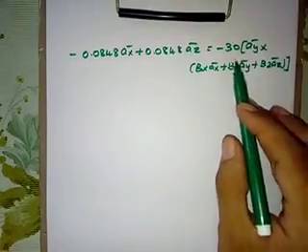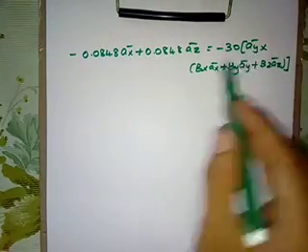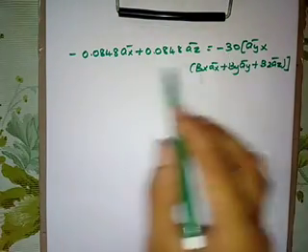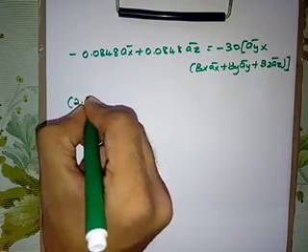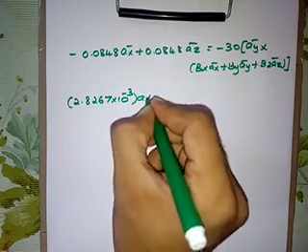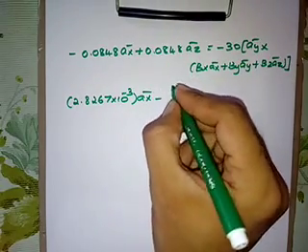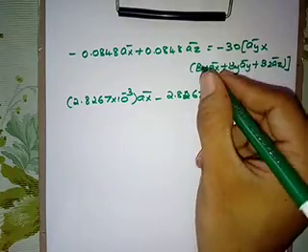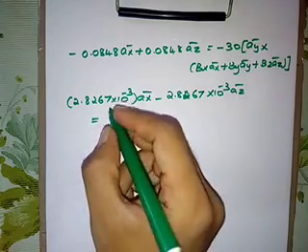Now I will take minus 30 and divide the LHS throughout by minus 30, so this minus 30 will come to the denominator. Minus divided by minus is plus, so this will be plus 2.8267 into 10 raised to minus 3 AX bar. Then plus divided by minus is minus, so minus 2.8267 into 10 raised to minus 3 AZ bar. This is equal to,